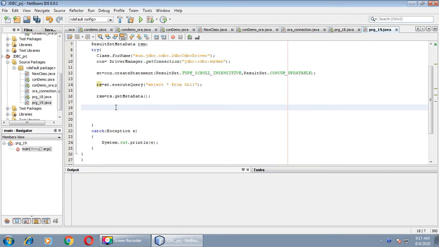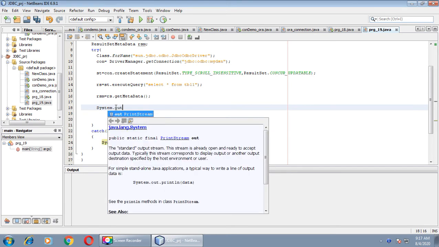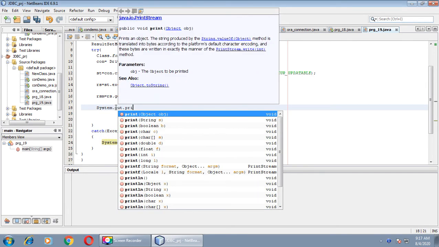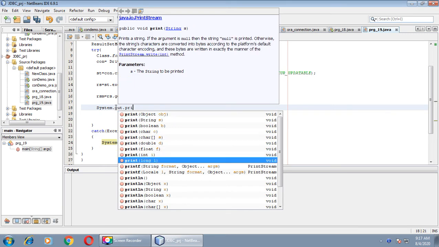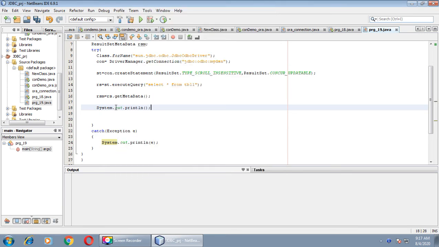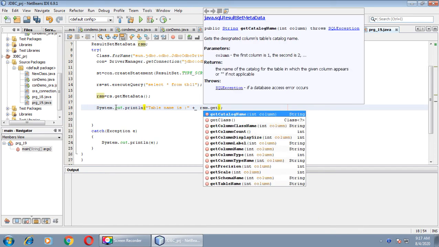First of all we want to print the name of table. And the appropriate message I will take. Table name is rsm.getTableName.